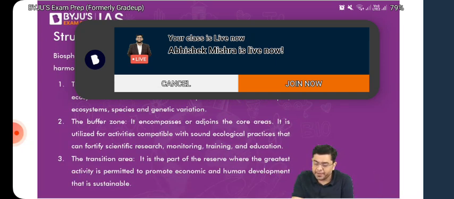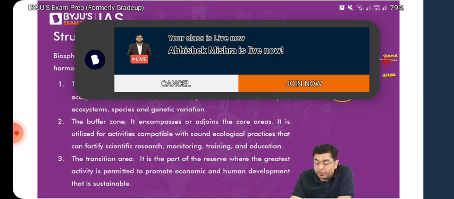You will have a minimally disturbed core zone surrounded by a larger buffer zone, and then you have a much larger transition zone. Okay, so that is how it goes. So this is where no significant activities are allowed. This is the core area. This is the buffer zone, where some activities are allowed, sustainable activities as long as they are sustainable. So buffer zone. In this, researches can also be carried out.